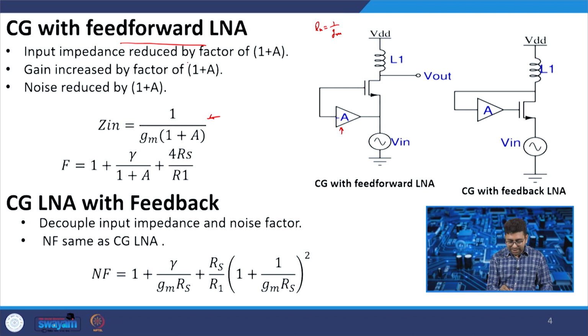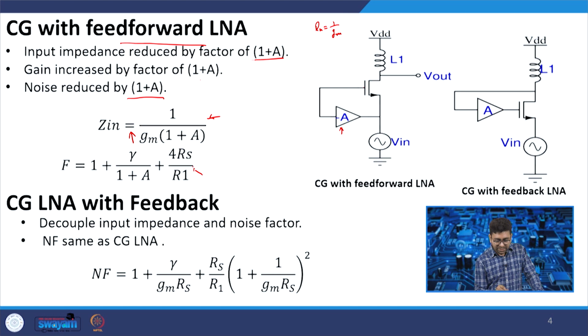So, input impedance is reduced by a factor of 1 plus A. So, we can increase the value of Gm, and that will also increase the gain, and it will reduce the noise figure. Gain is increased by a factor of 1 plus A, and noise is reduced by 1 plus A. So, this is the noise figure, which is given by gamma by 1 plus A plus 4 by Rs into